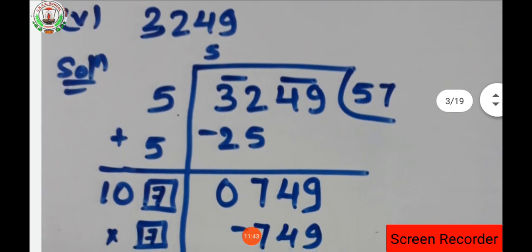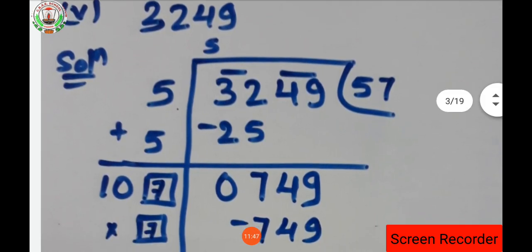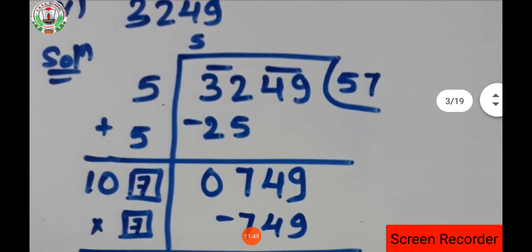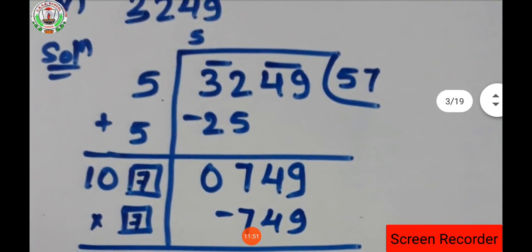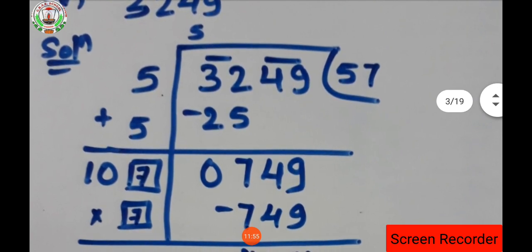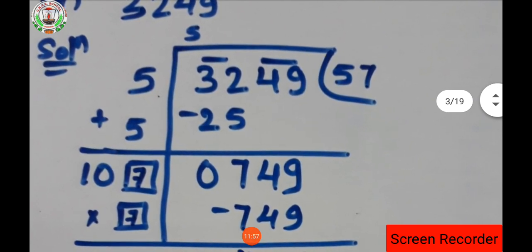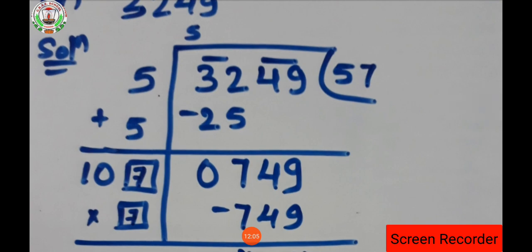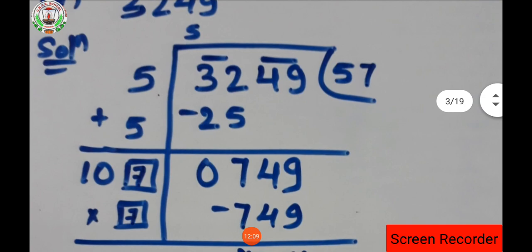So in this way only, fifth question is here, 3249. First you have to make the pairs from the right hand side. So 49 is the first pair and the second pair is 32, isn't it? Now you have to think of a number whose square is as close to 32 as possible but not more than 32. So 5 5s are 25, 6 6s are 36. 36 is greater than 32,